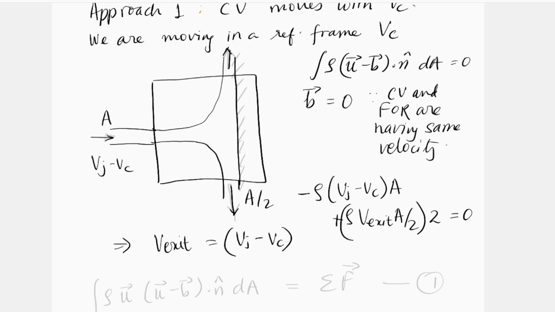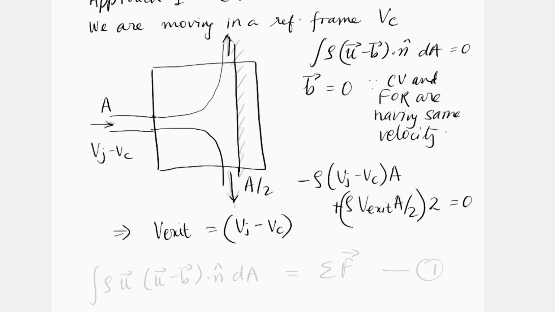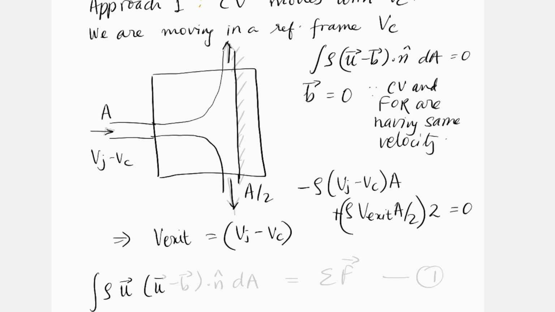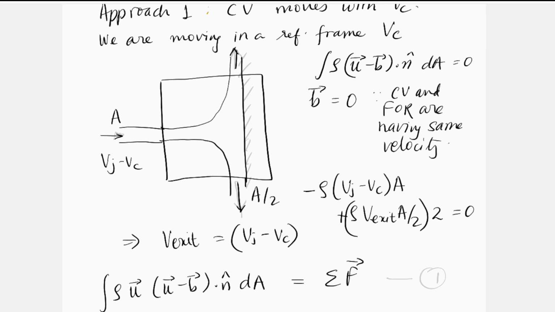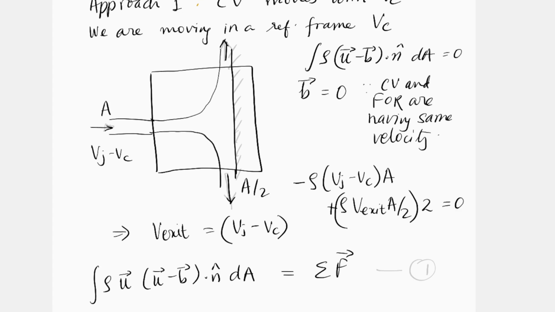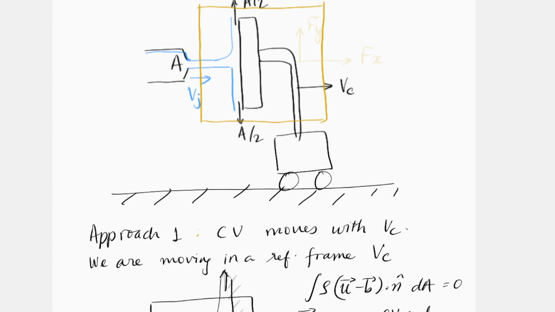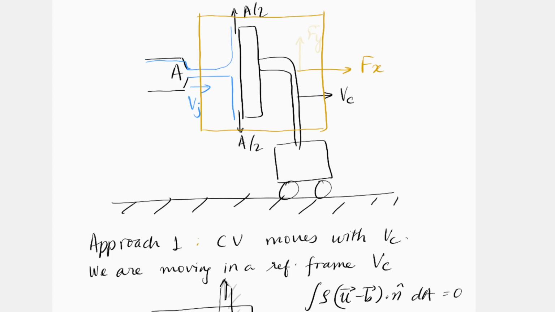So now let us look at the linear momentum equation. So once again, it's a steady state problem, so we have integral rho (u minus b) dot n dA. This is going to be equal to the summation of all the forces acting on the control volume. So now the control volume has to be acted upon by some force. Let us call it Fx and Fy,